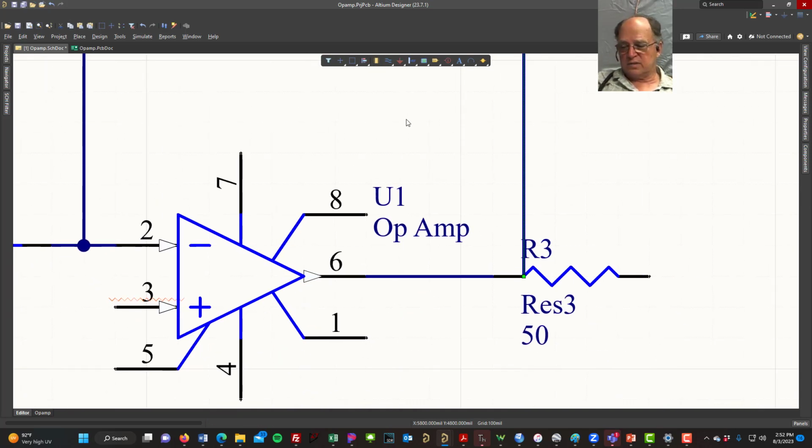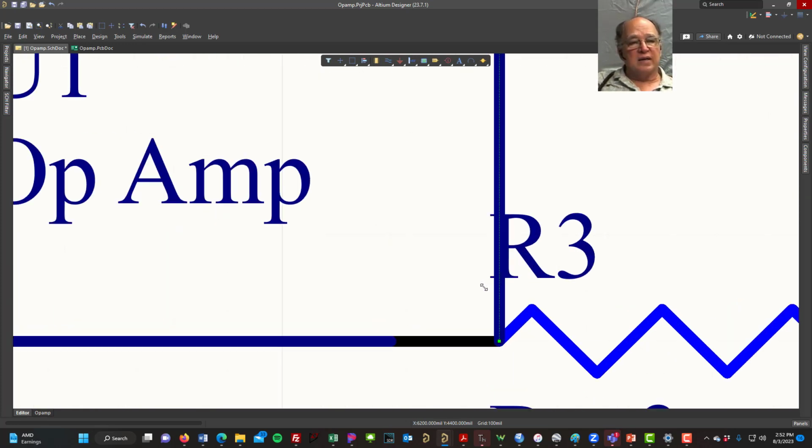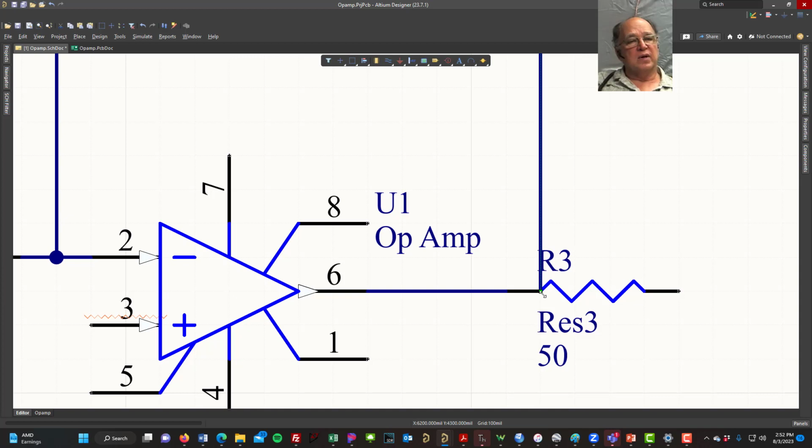Now I look at this, and it's like, yeah, schematic looks right, but there's a problem. Even that little red squiggly line is telling me there's a problem. The problem is this is not connected to a net. Right? That net connected right there where that little plus symbol was, the little crosshatch. So I can fix it. I could grab this wire and move it out of the way, or I can grab the whole wire and drag it over. So now I drag that wire over to the junction point, and at the junction point I